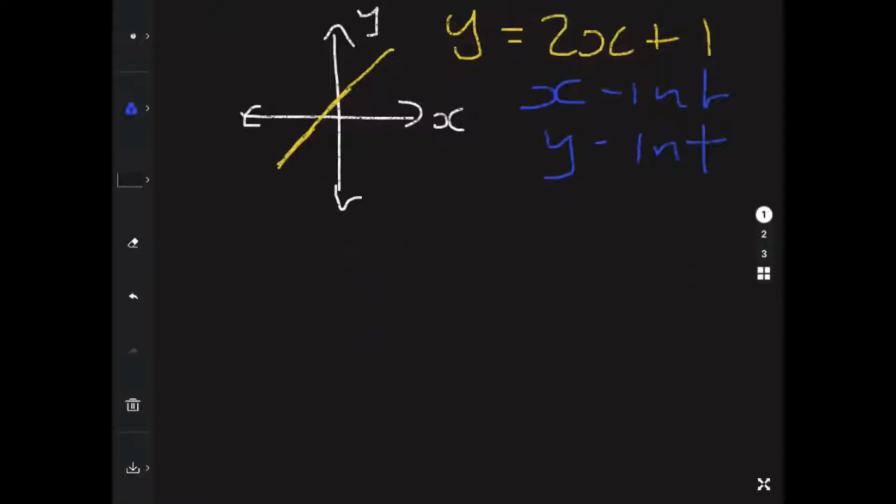So what the x and y intercepts are, they're the points where the line crosses each axis. So the x-intercept is where this graph crosses the x-axis, and the y-intercept is where this graph crosses the y-axis. So to find the x and y-intercept, what we have to do is make